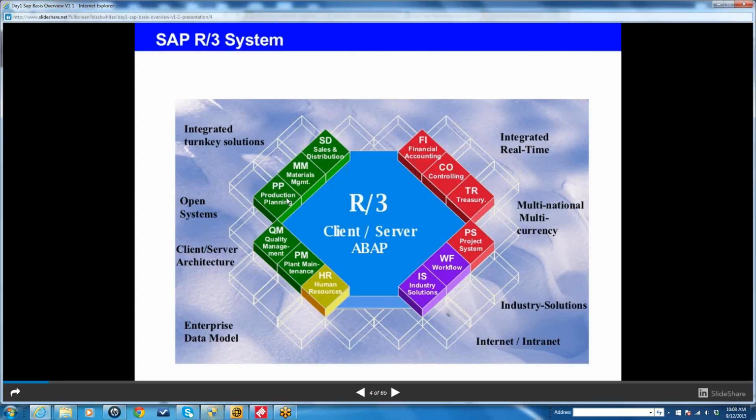And one important thing is production planning, and then purchasing and everything, right? So material management is what type of materials they need in order to make a product, for example. Then production planning will have some kind of ERP, enterprise resource planning kind of thing. Production planning, the ERP schedule means